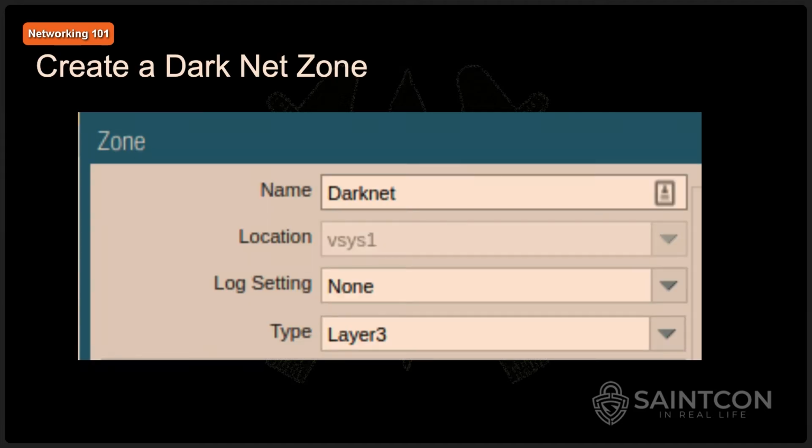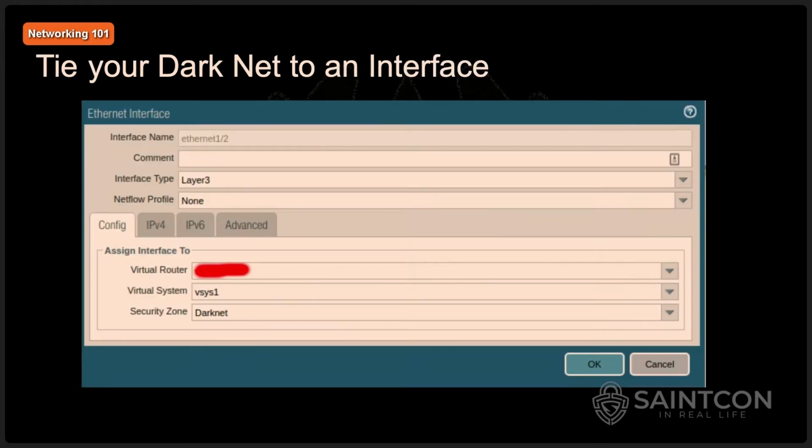So the very first thing that we're going to talk about is what to do for part one. You're going to create a darknet zone in the Palo Alto. Now, for those of you who use the Palos, you know that there's lots of zone capabilities within the Palos to define, and you can create rules based on those zones. Now, in this case, we want its own specified zone. We're going to call it darknet, and then we're going to tie it to a specific interface,